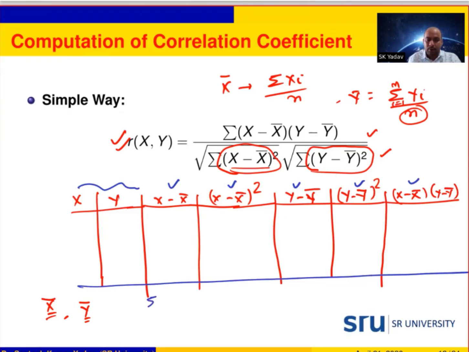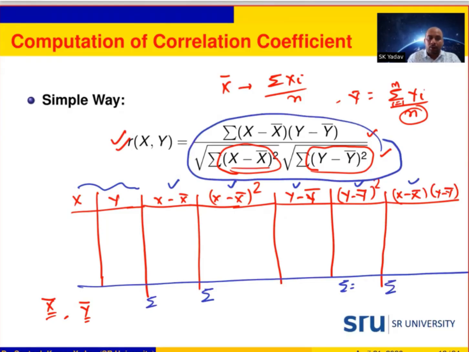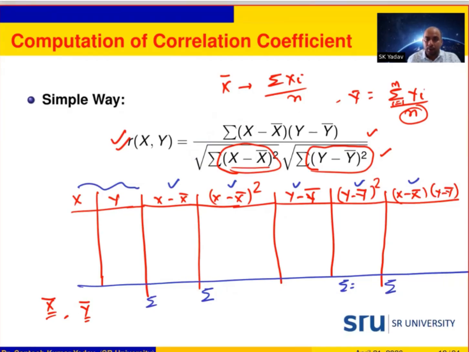So I will get the summation of this column, and this column, and this column required. So I will get all these quantities on the right side, whatever is required here to get R. So this is one of the formulas you can apply for finding a correlation. Now let's see another formula, which is again